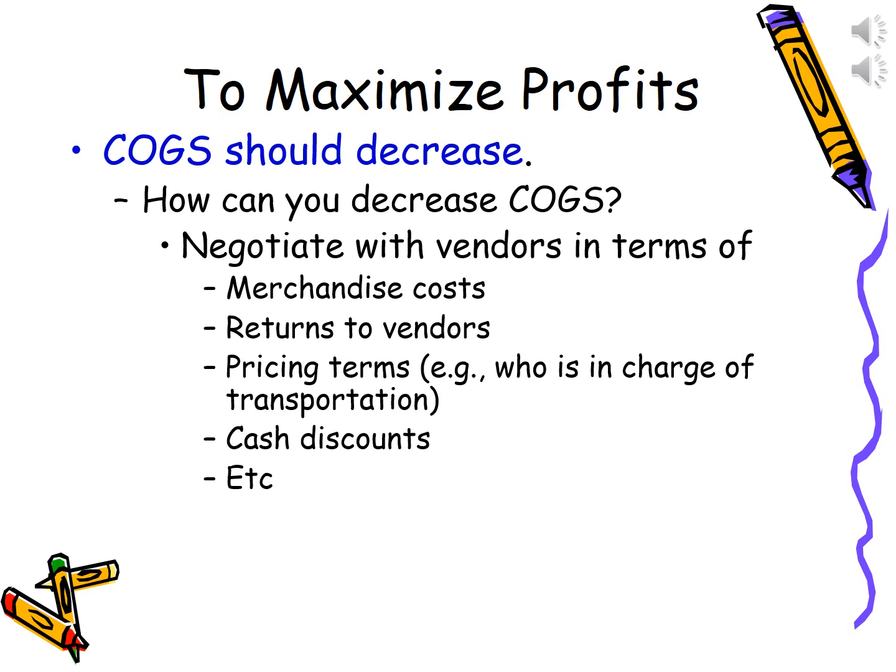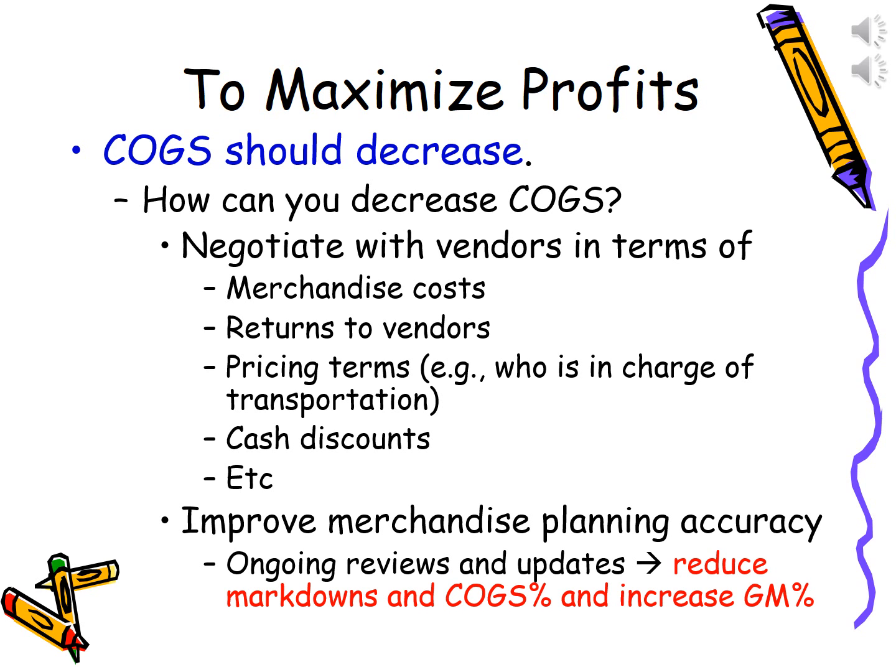Cash discount is another element in the cost of goods sold that we also need to work with. We may negotiate with vendors so that we can get more cash discount possibilities and things like that. When you think about cost of goods sold, you immediately think, okay, let's negotiate with vendors so that we reduce the cost that we have to pay to the vendors. But